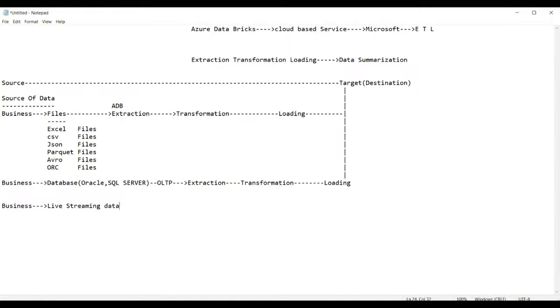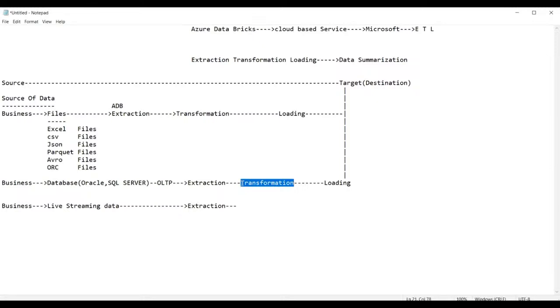Suppose an India versus Pakistan match is going on, you will get the live streaming. Am I right or not? That is all called live streaming data. Even the live streaming data we pull in here as it is, and this process is again extraction. We perform the extraction on this data, and once the extraction is done, then what happens?